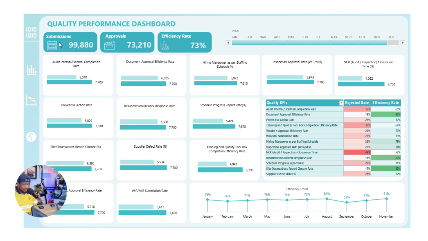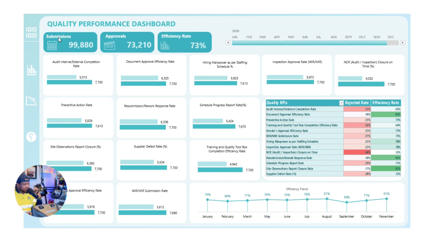But as you can see, we're looking at some quality KPIs. So first and foremost, quality is such a broad topic, and the KPIs around quality can be very, very specific to a company. And that is the reason I usually don't create templates for quality. But this is a very special submission that was brought to us, and they're counting total submitted documents, because there's